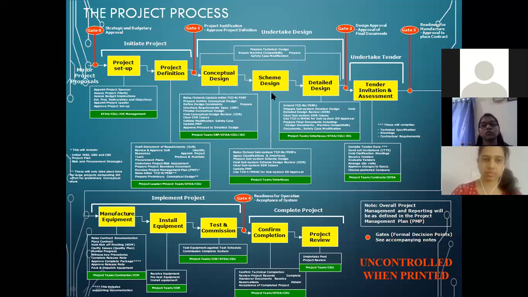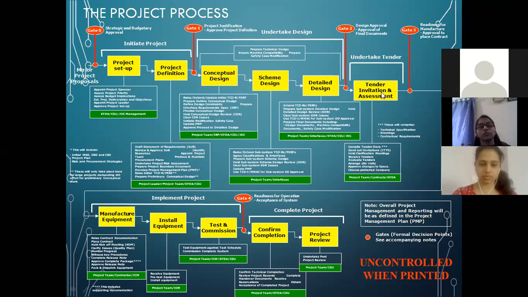And scheme design, how you are going to execute, comes under your scheme design. Detailed design is how each and everything will be done: what machinery you are going to use, what the specifications of that particular machinery are, or who the people involved in your project are, what their achievements or qualifications are, and what talent led you to take that person into your project. All that is described in your detailed design.